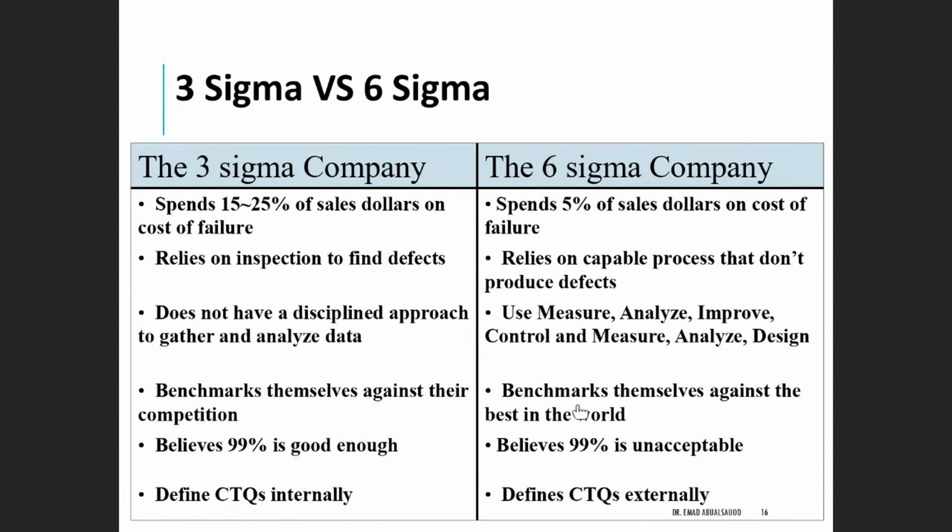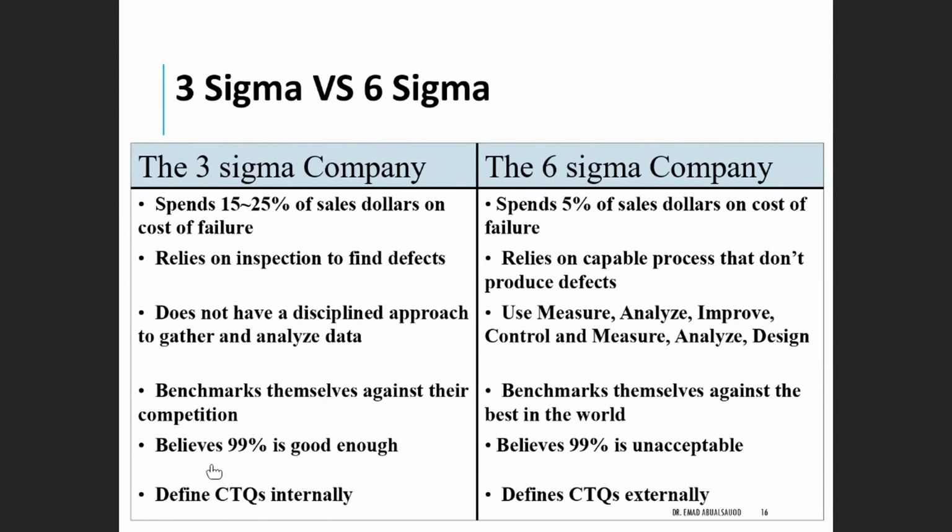Whereas in the Six Sigma company, they benchmark themselves against the best in the world, the best practice, regardless of whether this best practice is your competitors or not. You see the difference? You put a higher scale. Maybe your competitors are not doing very well in those things that we are talking about at the beginning, the first two. So you are again coming to the same point. You are focusing on the output only.